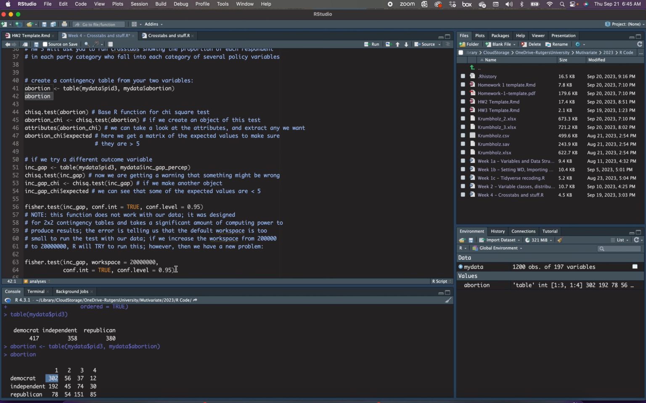Crosstabs also includes several other measures, which you'll learn about next Tuesday in class. Here are some of the tests that appear, or the results from the tests appear in the crosstabs. One is a chi-square test, and the base R function for that is just